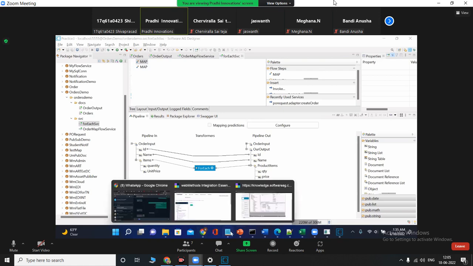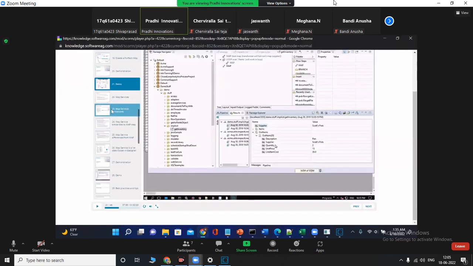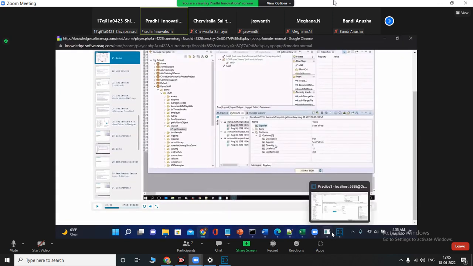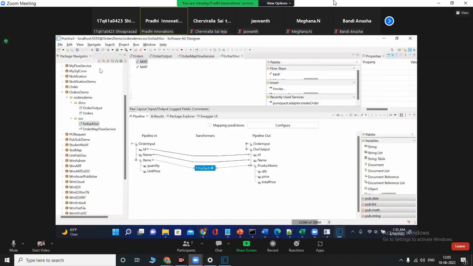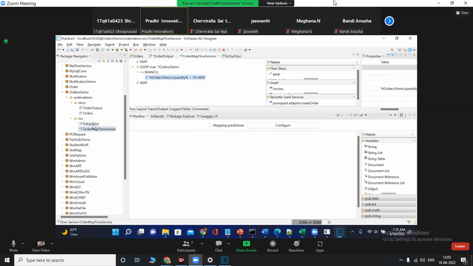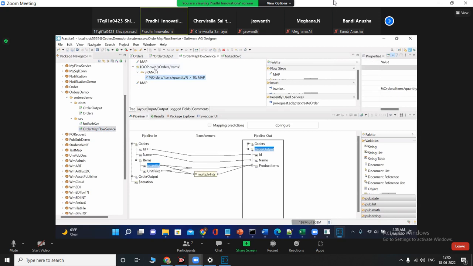So now again, I wanted everything, whatever I explained, right? Okay. One more I will explain. Suppose let's say in order output, I'm adding a date field. I want date to be displayed here. Okay. Order date. Okay. Now in my flow service here also,